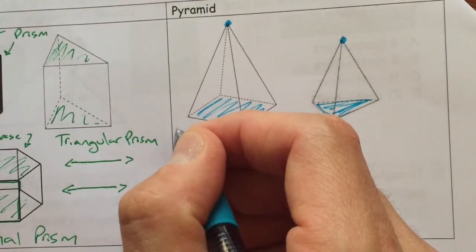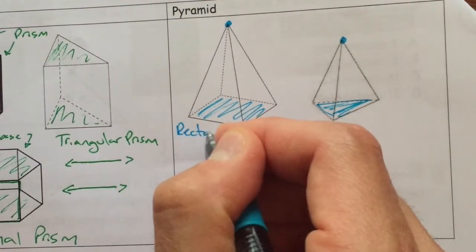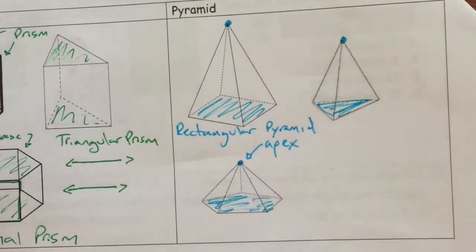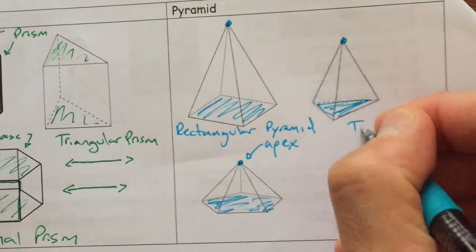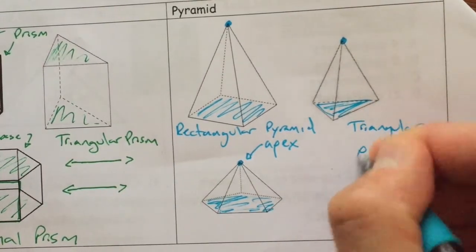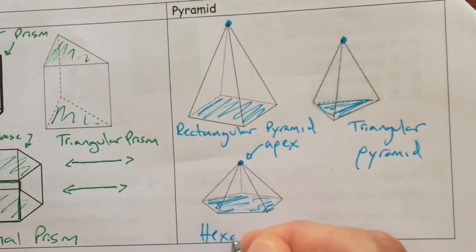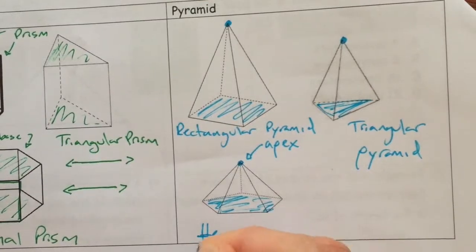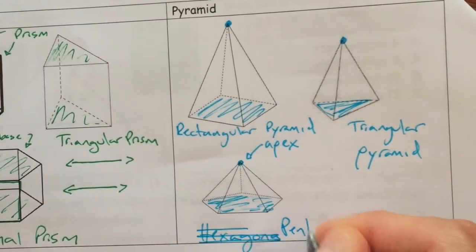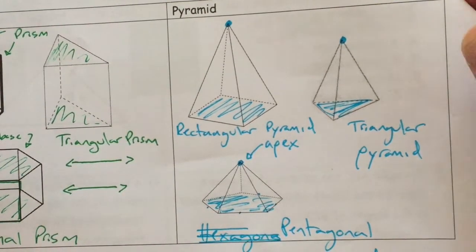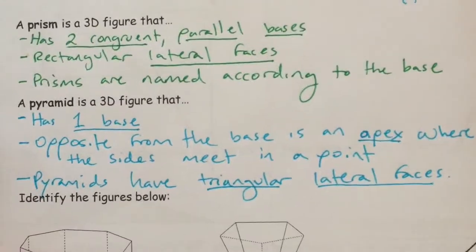So let's go ahead and write the names for these. This one up top is a rectangular pyramid because it has a rectangle for a base. Here is a triangular pyramid because it has a triangle for a base. And here is a hexagonal pyramid. Nope, not a hexagonal. It's a pentagonal pyramid because the base has 1, 2, 3, 4, 5 sides. It's a pentagon. Okay,